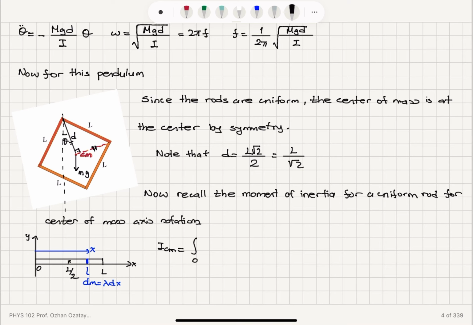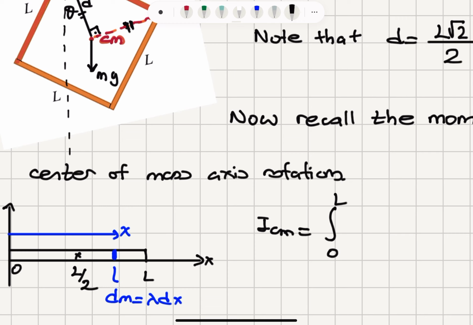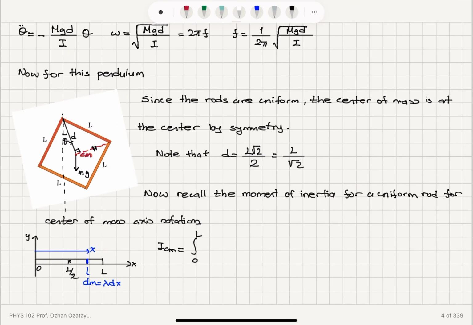So it will be the integral from 0 to L. So this mass element is at a distance x minus L over 2 from the center of mass location. So it will be x minus L over 2 squared, r squared dm. dm is lambda dx. Lambda is our uniform mass density, which is total mass divided by length. So this will be lambda times the integral from 0 to L, x squared minus xL plus L squared divided by 4